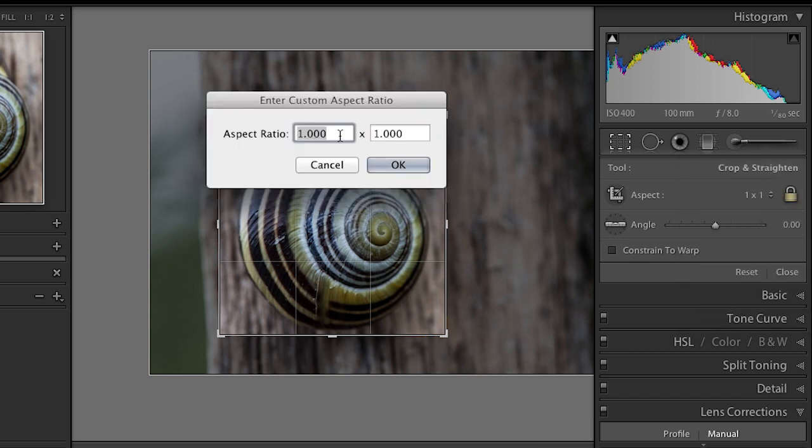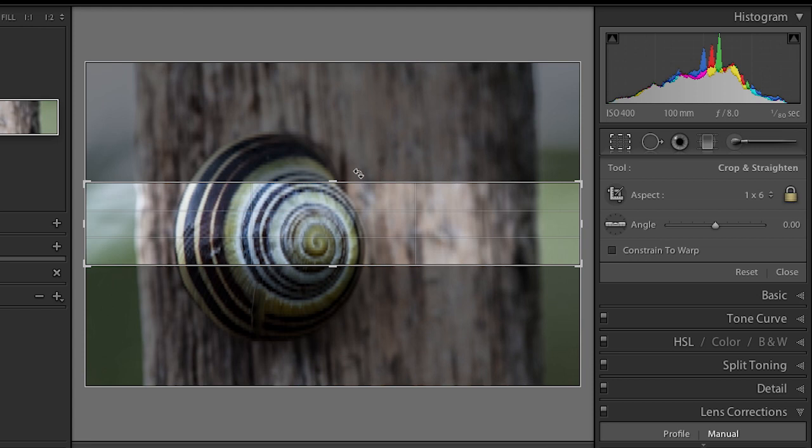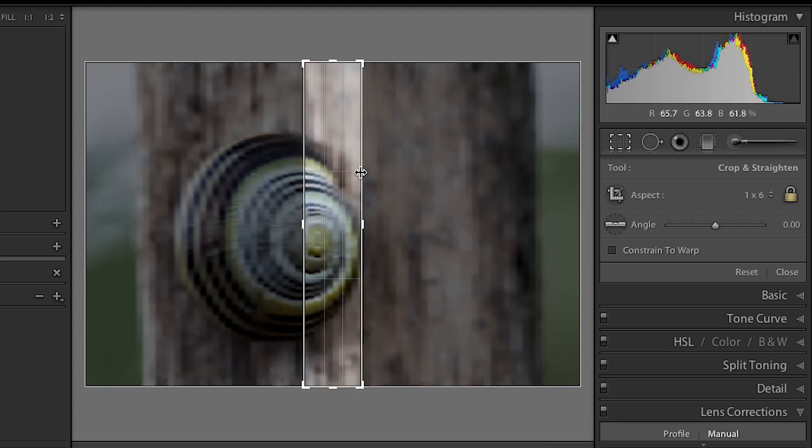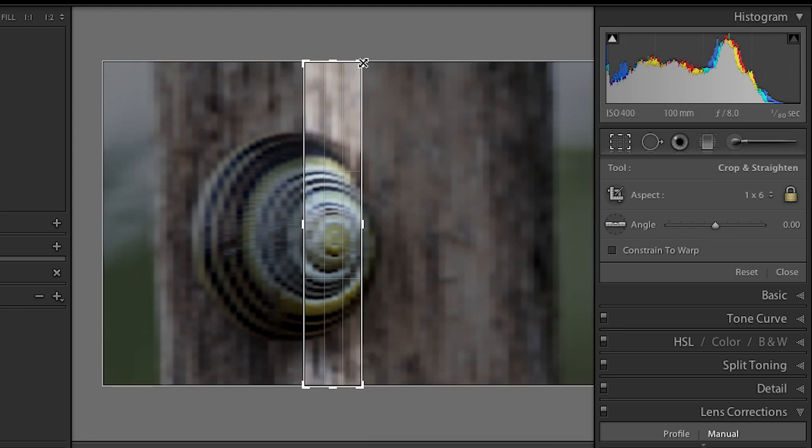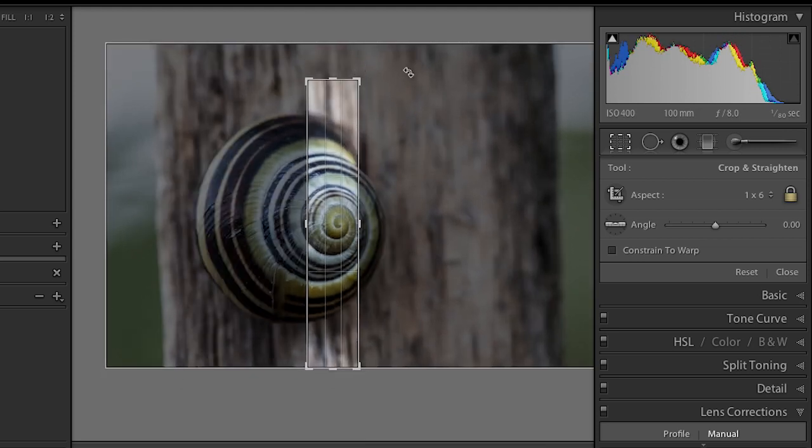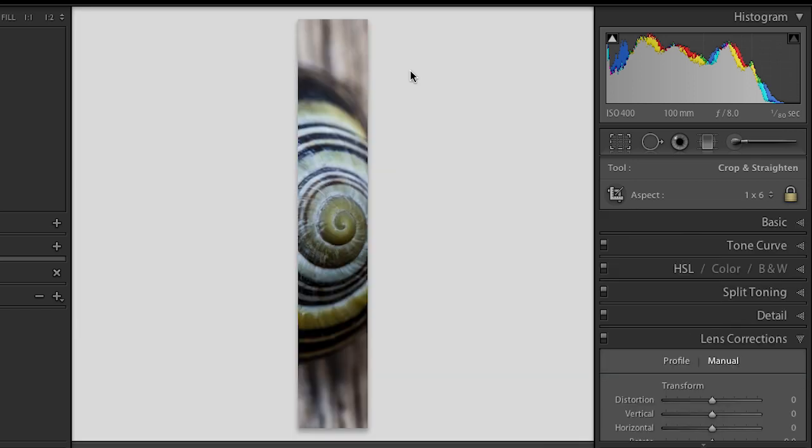So let's do something unique, like maybe I want this to be 1:6 instead. I just want a simple sliver. When I click OK, well, it's got the horizontal one. I'll just tap X, and now I have the vertical one. Because what we might want to do is actually put multiple instances of different snails right next to each other, kind of like a triptych or a diptych, or I'm not sure what you would call it if you have 5 images. So I've cropped this one image, and I'll tap the Return key or the Enter key,